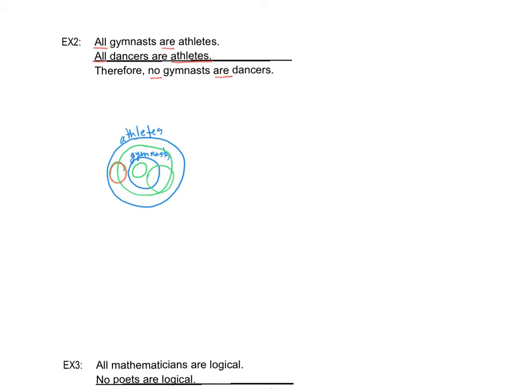That says if this were the dancers, that would make the conclusion true. That does not mean that it's a valid argument. That's just one diagram that makes a conclusion true. So what if I said, okay,